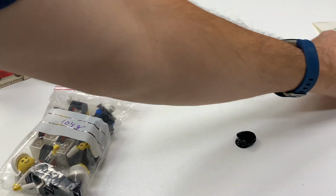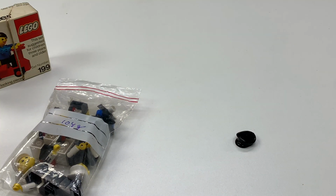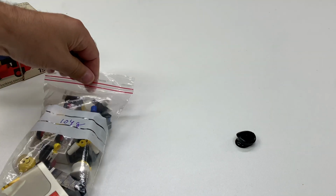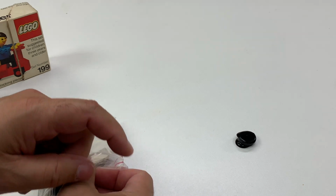So, oops, I forgot the instruction manual. So I'll go put that in box R5. I actually did a video of box R5 at some point. Alright, so